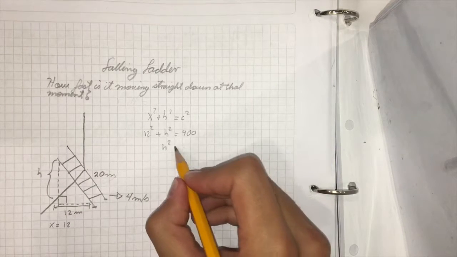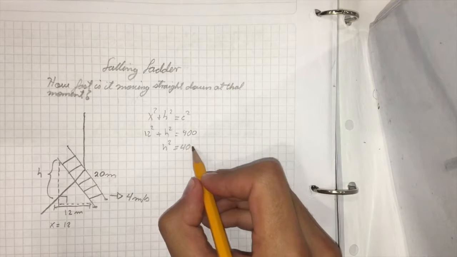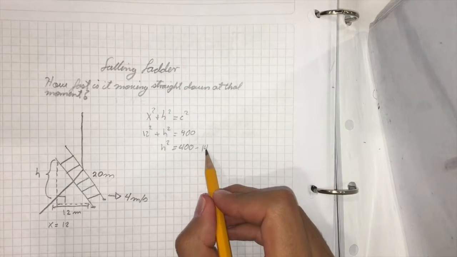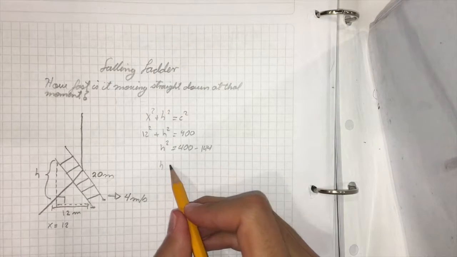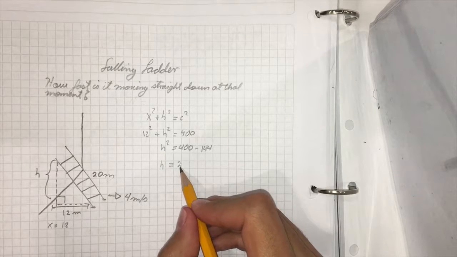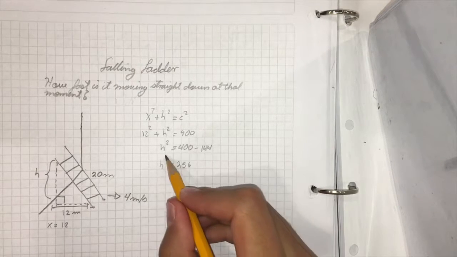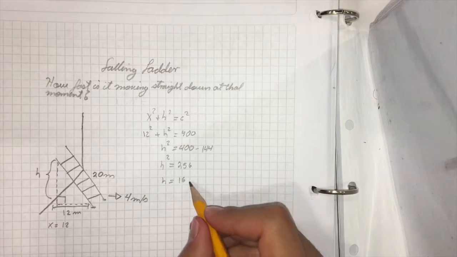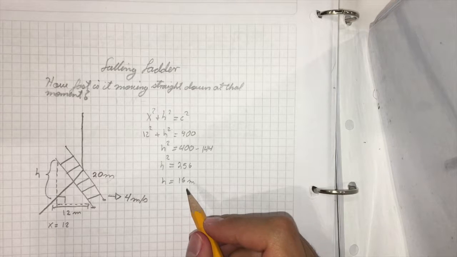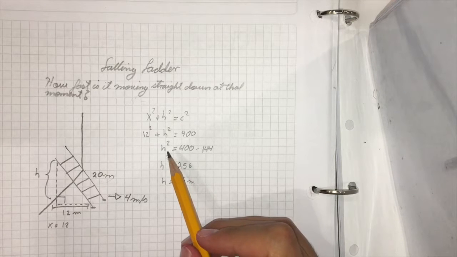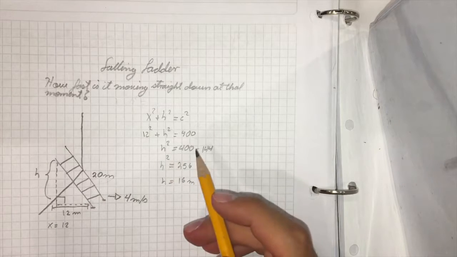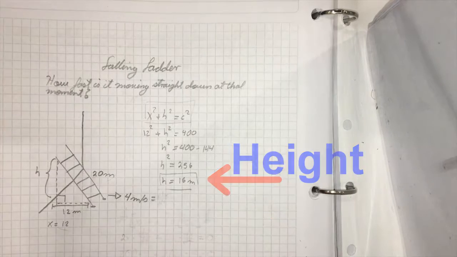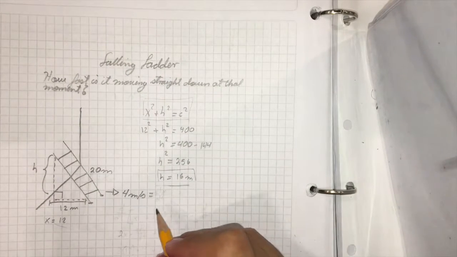So h squared is going to be 400 minus 144. Now we know that h squared is equal to 256, so h is going to be equal to 16 meters. Now, we want to know how fast the ladder is moving straight down at a given moment. Now that we have the height of the ladder, we can finish calculating the velocity at which the